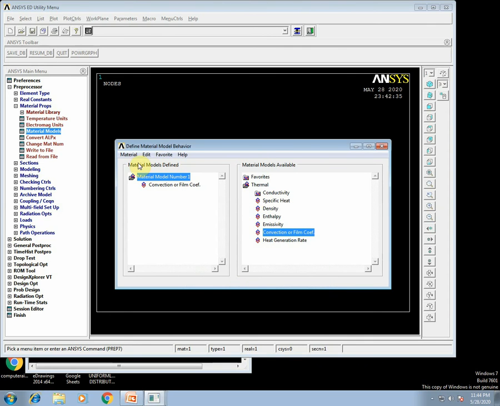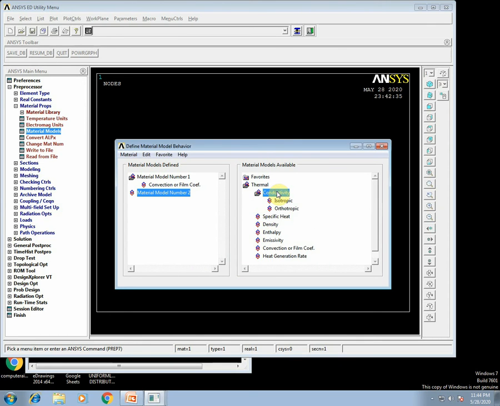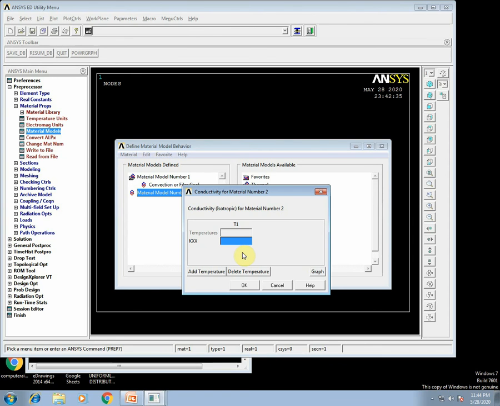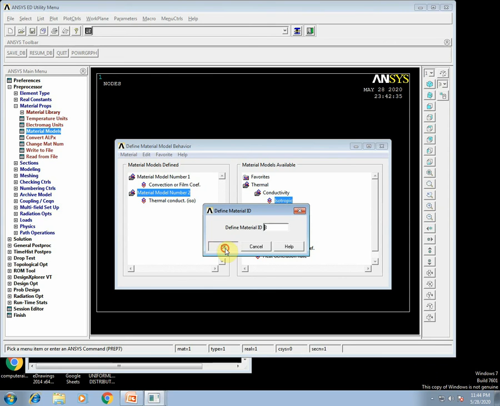Apply. Material model 2, okay, it's conductive heat transfer, isotropic. K. First K1 value is 20. Apply. Then new material model, third one.